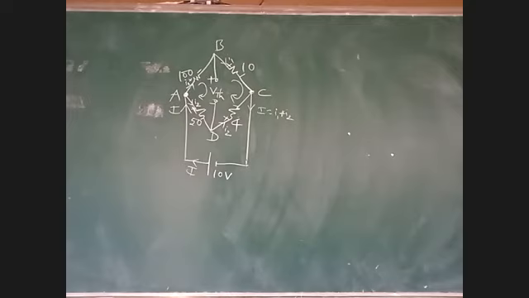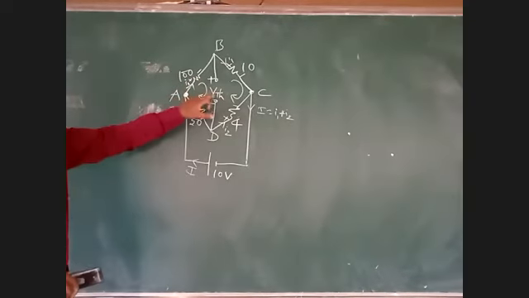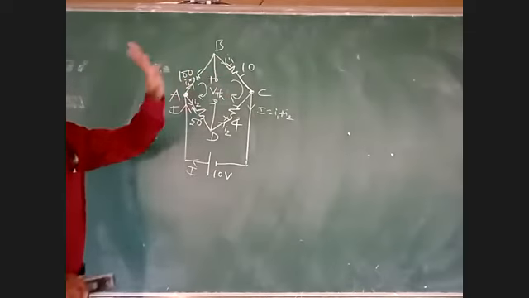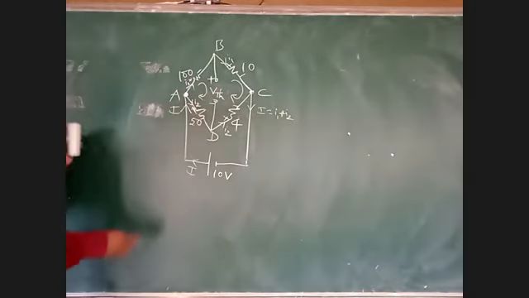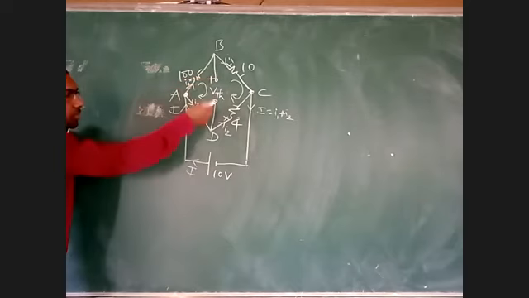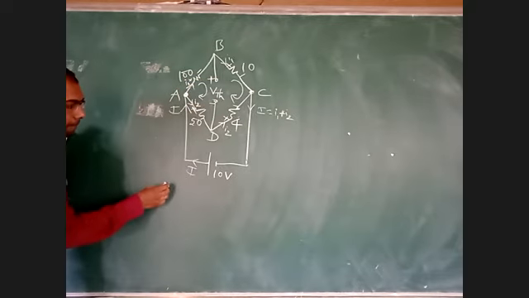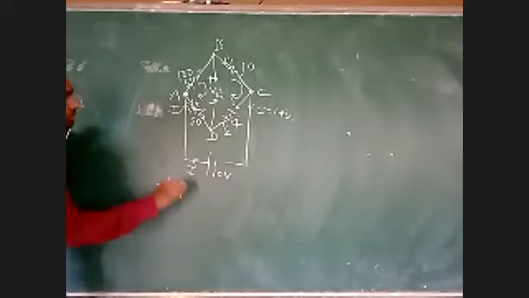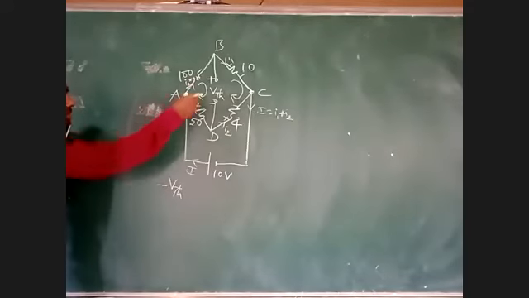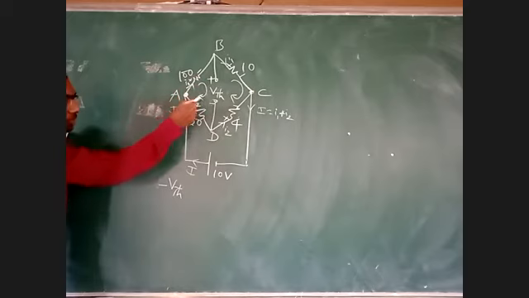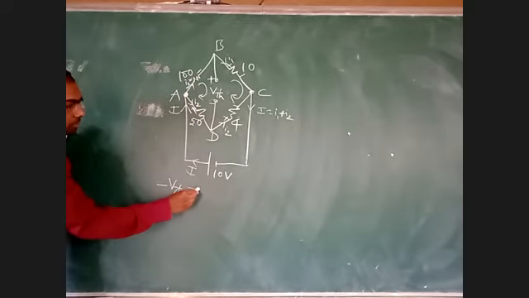Take plus minus. Then I will determine VTH. Now see what I had told. Consider reference direction for determining VTH. This is not current direction, this is reference. Either this loop you consider or this loop you consider. I consider both loops and I will show. See, the arrow is moving from plus to minus, so it is minus VTH. I am considering only this loop.